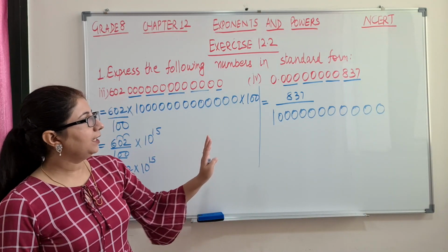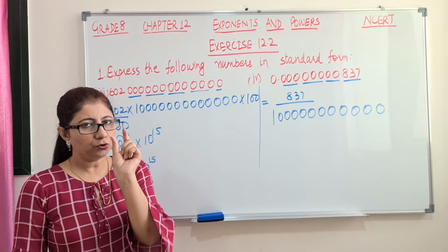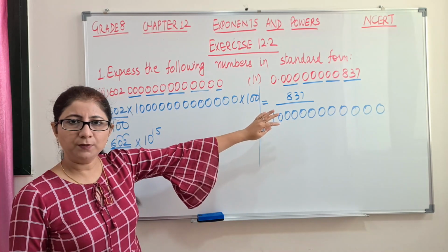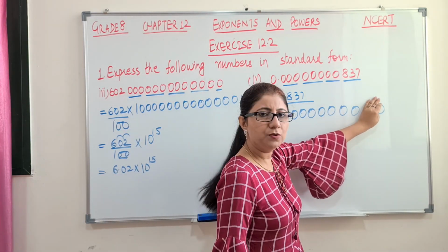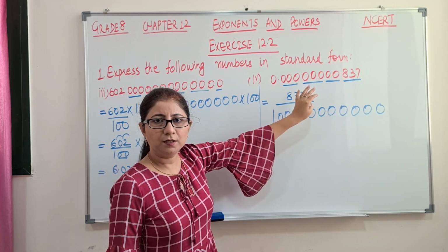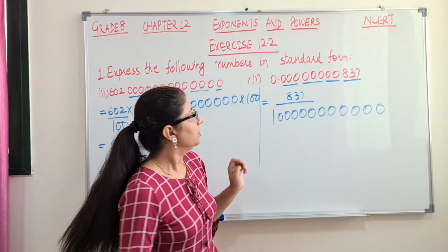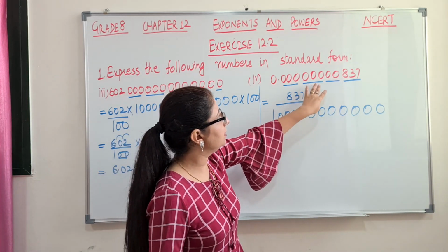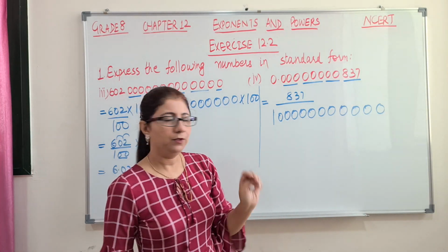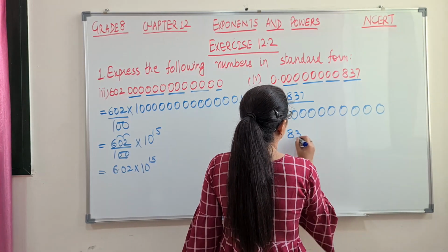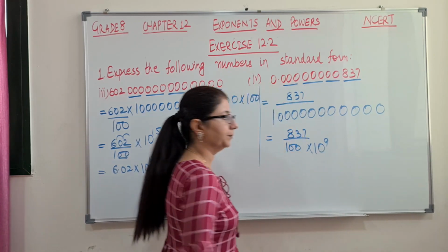Okay. So now again I have to convert 837 into 8.37. So 2 zeros I'll again keep for this decimal number, just as I have done here. In the same way, these 2 zeros I will take for this 837 so that I can put the decimal, and the remaining zeros in the exponent form. So how many zeros were we having? 3, 6, 2, 8 and 3, 11. Out of 11, 2 we will keep and 9 we will use. 837 over 100 and 9 will be here.